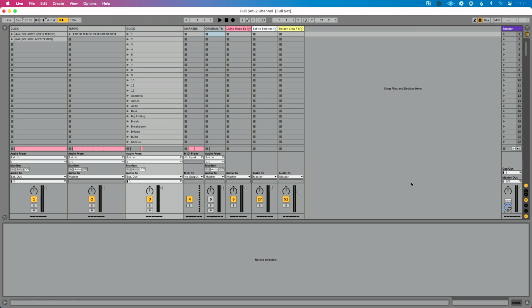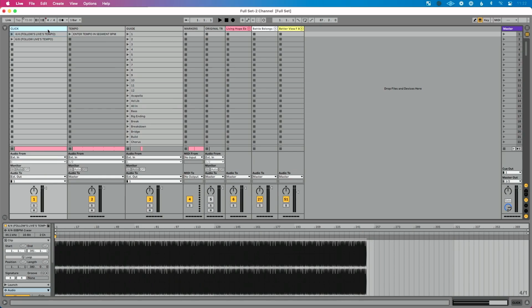Now let's talk about what if we're using a click track in Live as opposed to Live's built-in metronome. What if we're using some sort of track in our live set for our click? So I'm going to turn off Live's metronome in this case. I've got a track here that's dedicated to click. This is a part of my free track template. You can download it by heading to